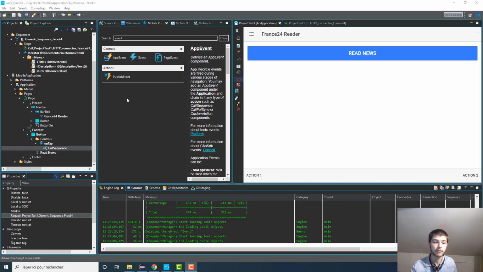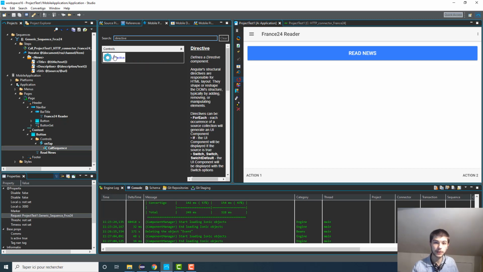Now that we have created our call sequence in our on tap, the next step is to create a for each element that will help us to say, for each item, I want you to display this information. So how do we add a for each? In Convertigo, this is named a directive. Okay, and the directive, we are going to drag and drop it directly to the content. So here,